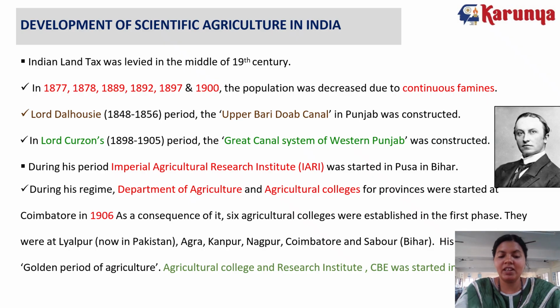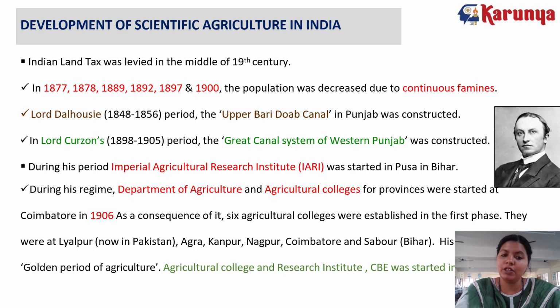So to improve agriculture, irrigation canals were constructed, and during the period of Lord Dalhousie, canals were built across Punjab, and during the period of Lord Curzon, some important agriculture developments happened in India, like agriculture departments were started, agriculture